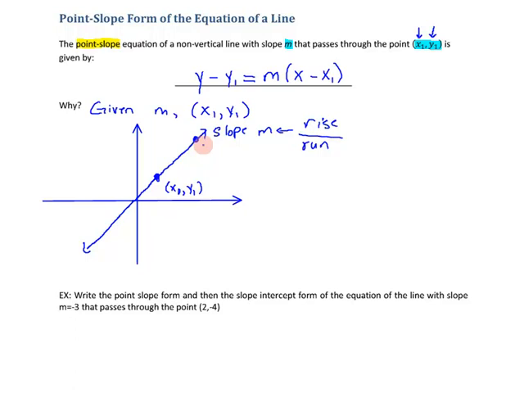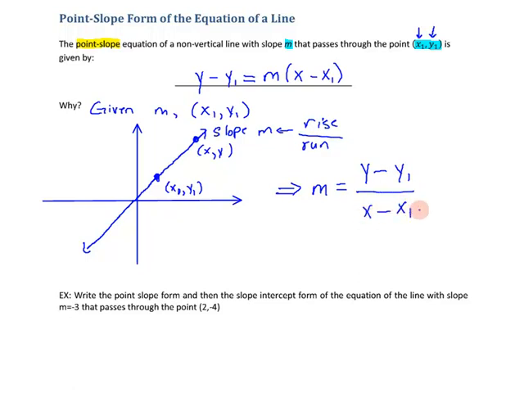Since I can pick any point at all, I'm going to let those be variables, x and y, because it's true no matter what point I pick. The slope between these two points should equal m. That means m would be equal to y minus y1, the y-coordinate here minus the y-coordinate here, over